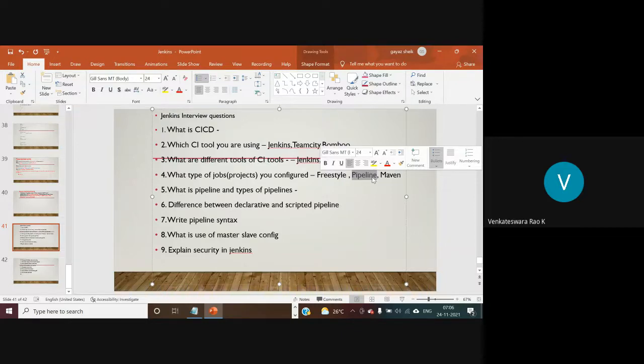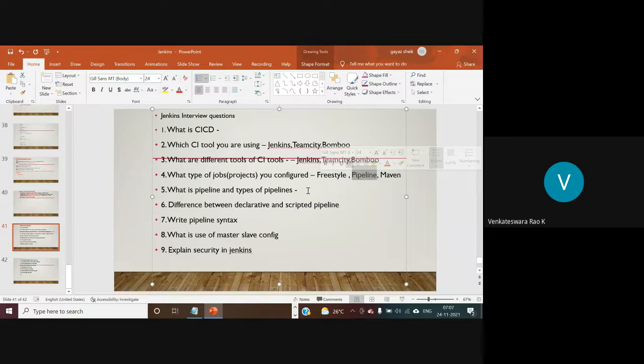Automation means, in the pipeline project, we are not going to trigger each and every individual job. We only trigger the first job, and the remaining jobs will be triggered automatically.